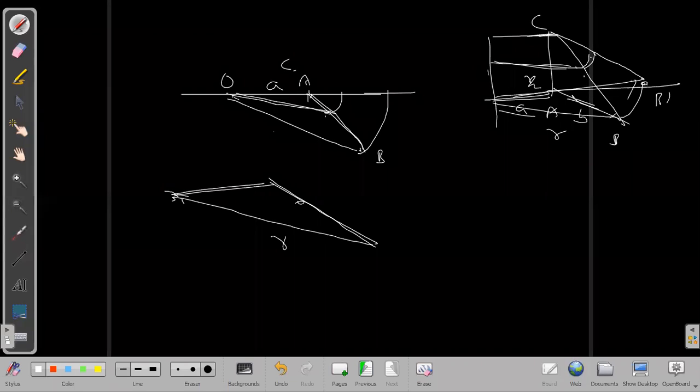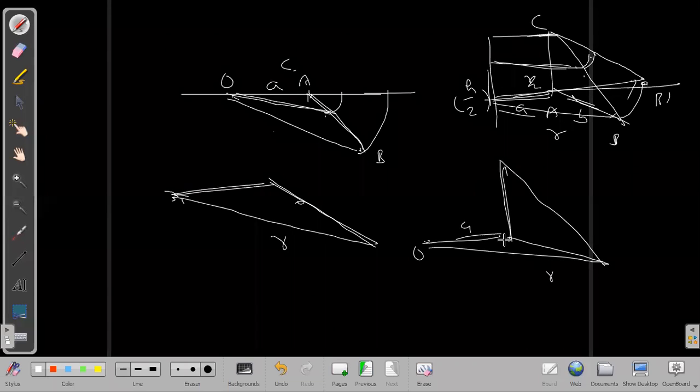And the midpoint is at what height above? Midpoint is at a height H by 2. So I mean to say, if I take, okay, answer this question, then you will understand what will happen there. This is a line here, and this is the origin. This is A distance away. This is R distance away. And this is height H. This is 90 degrees. This I'm connecting.